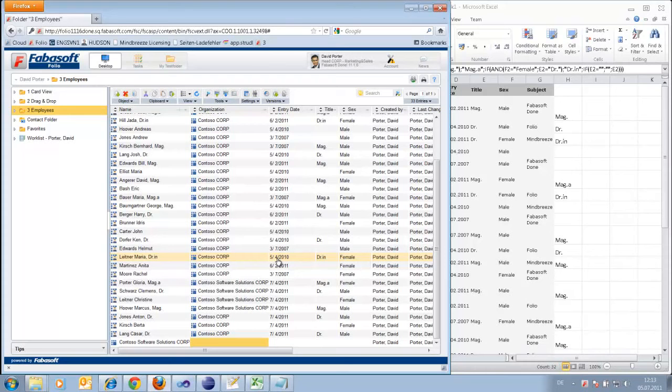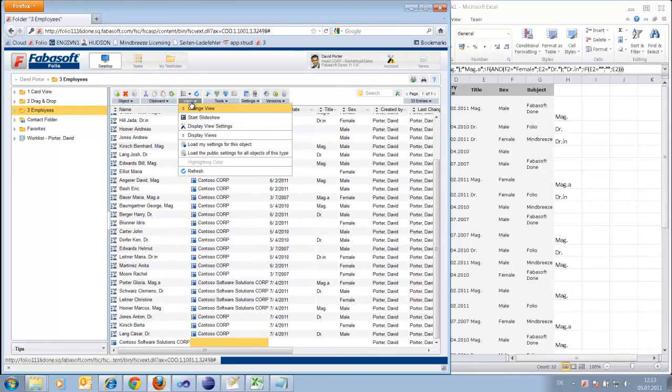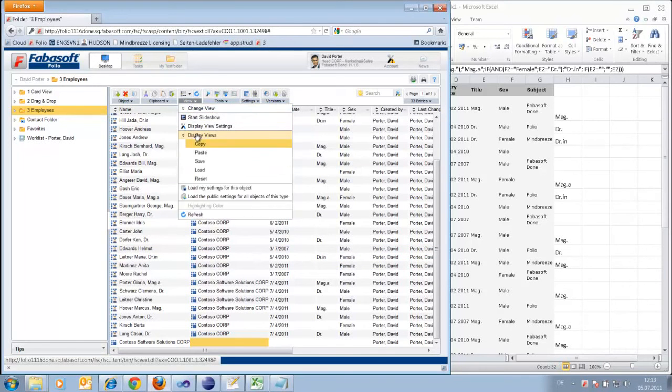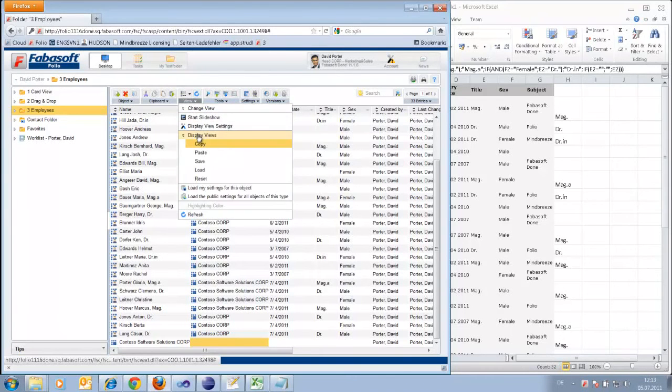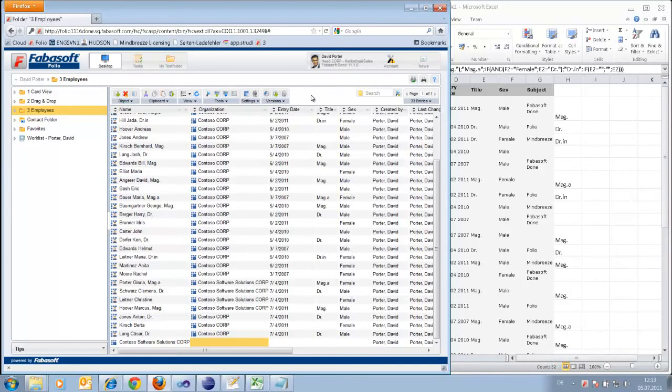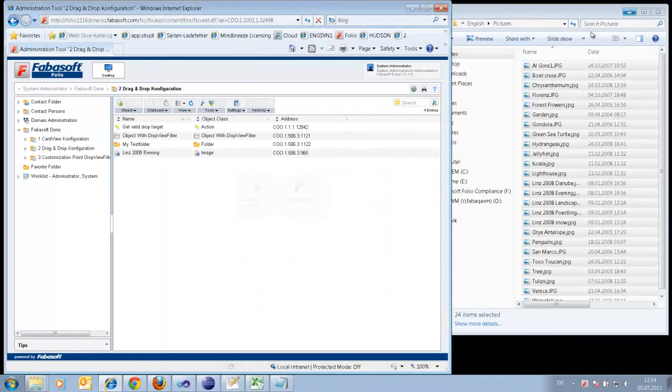What I can show now is the customization point for filtering such display view, load and save actions. Every time the system loads the columns or saves it implicit or explicit, there is now a customization point where you have the possibility to override the saving or loading. Therefore, I can show you